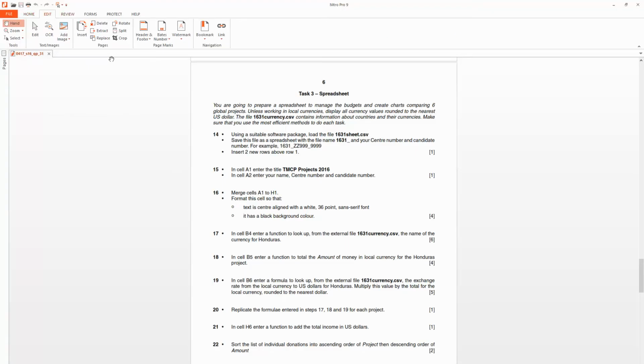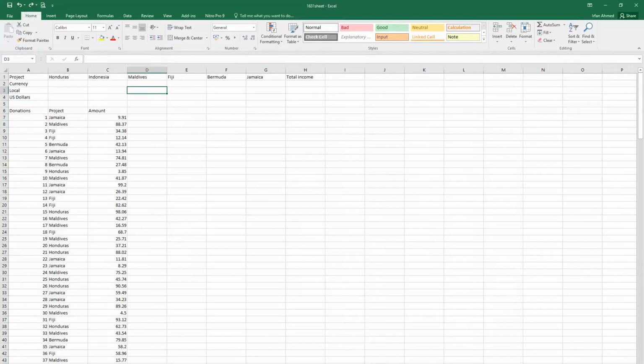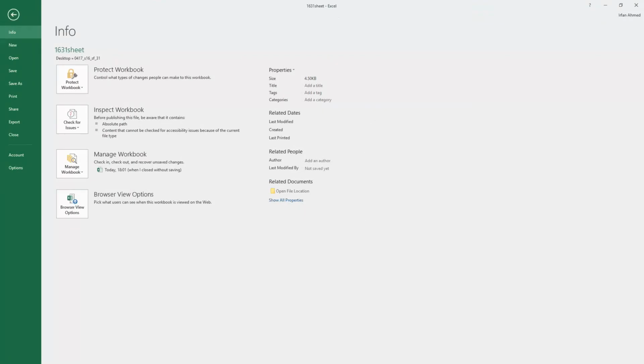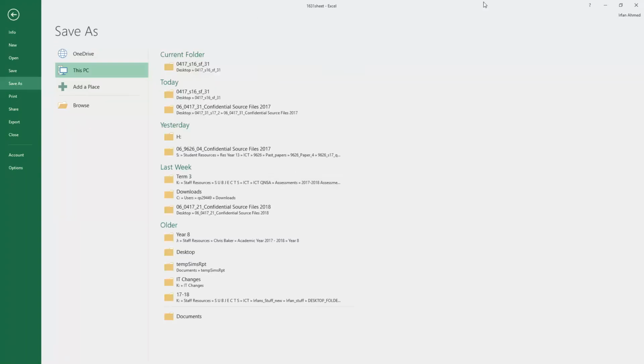Then the question says, I'm just going to highlight the sections I've completed, so I've done that. Okay, save this file as a spreadsheet with the file name 1631 underscore and then your center number, and candidate number. For example, and they'll give you this example here. So that's what we're going to do next. So I'm going to go to my spreadsheet here. Then I'm going to go to File, click on Save As, select the folder you're working in,